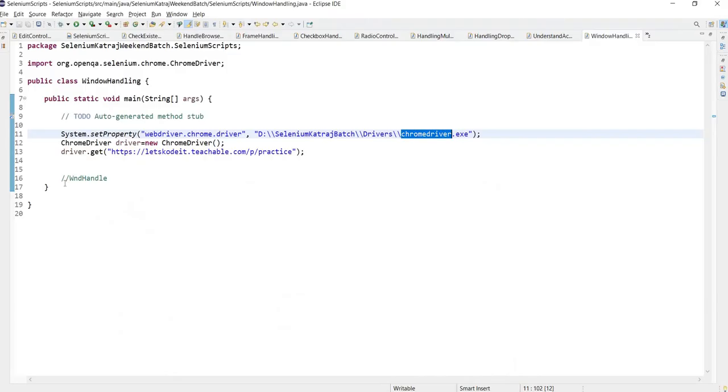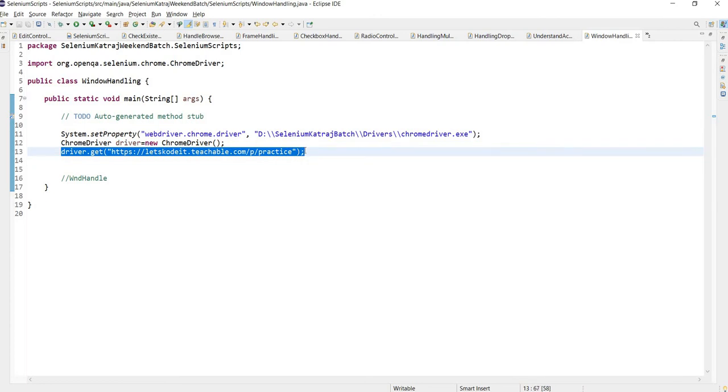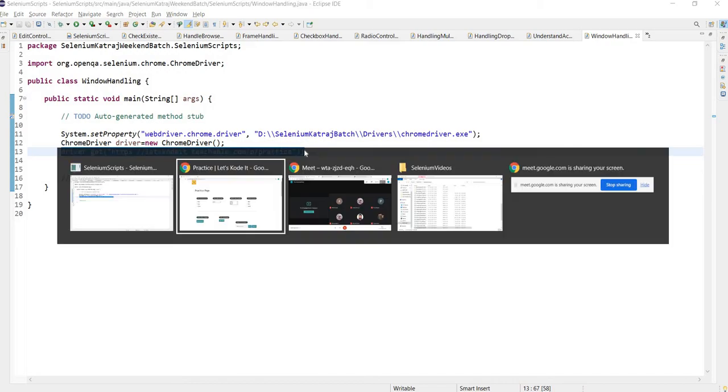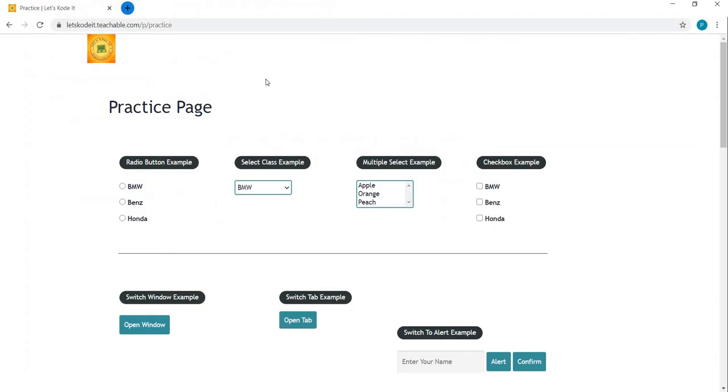So when the driver starts and the browser starts, the driver immediately captures the WND handle of that opened browser window and holds it. Then whatever APIs we call, say driver.get, driver.findElement, all those operations get performed against the window whose WND handle the driver is currently holding.